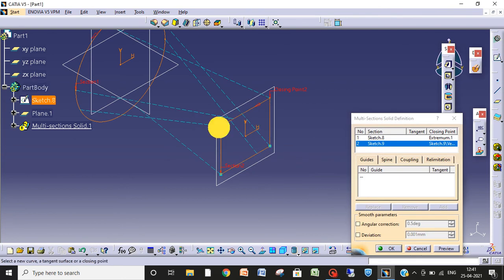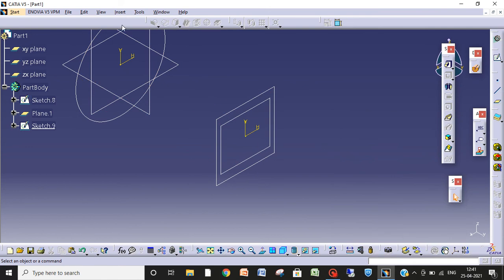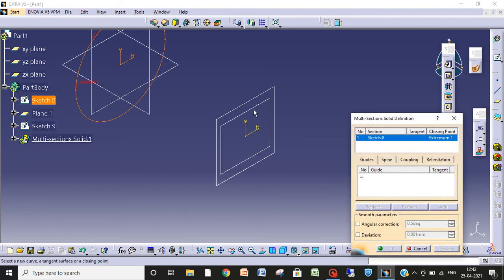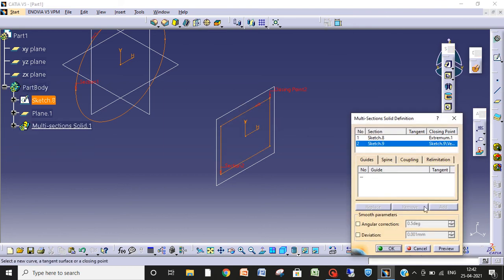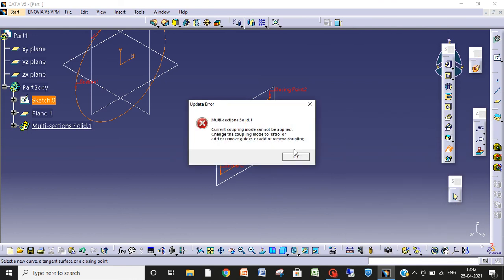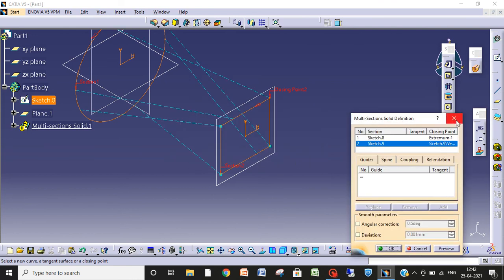sometimes this happens due to the selection process. Select this multi-section solid and select this. Okay, let it be.